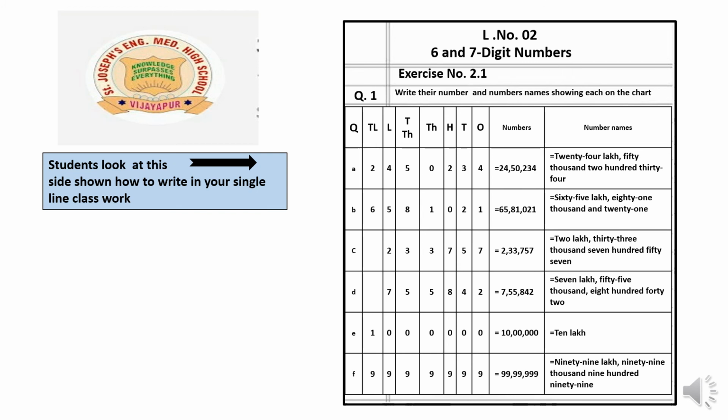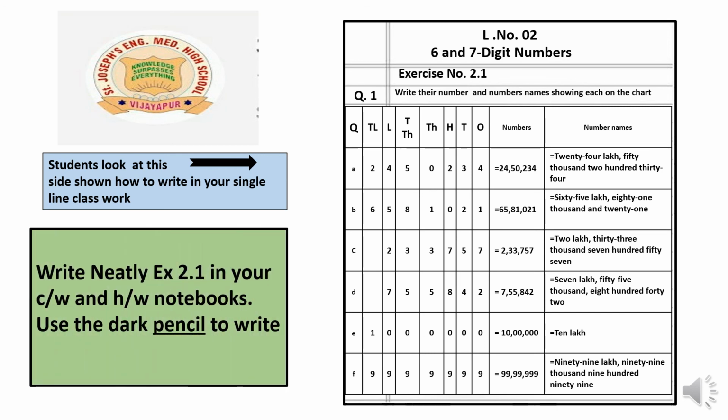Can you see on the screen, children? Yes. After completion of A answer, I had drawn the dark line. Again I wrote the B question. After writing the B question, again there is a dark line that shows the answer B is ended. Then I wrote C question, then C question answer also written. Then again I drew the line like this. Watch it again and again, and with patience please see how I had actually written. The same method what you have to do, write in your classwork neatly.